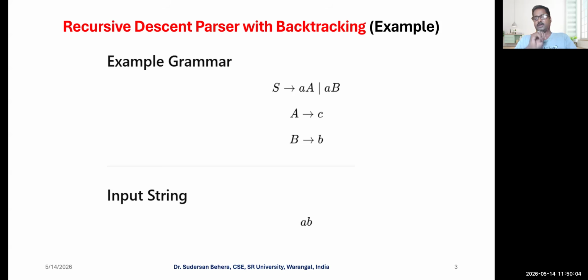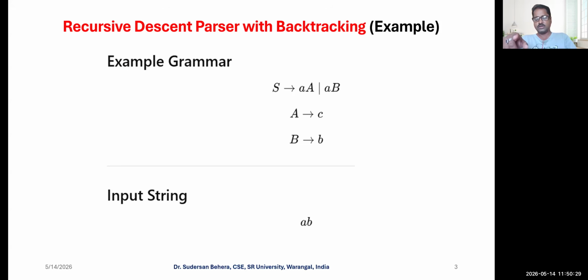Okay, it has 4 productions given. So now the question is which production the parser needs to choose. Okay, it is visible to us. We are human beings. We can easily say that S derives AB because the first character should be A and the second character should be B. Okay, so S derives